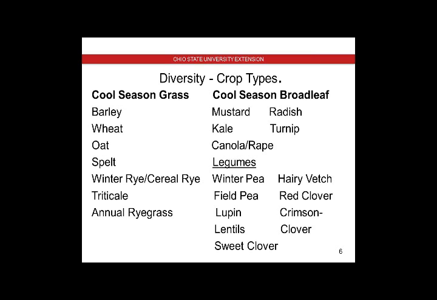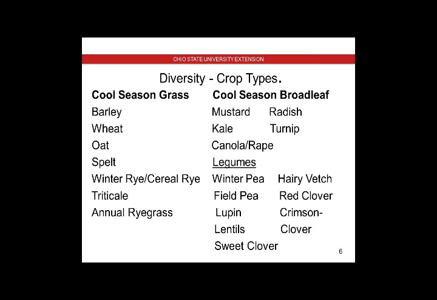And then annual ryegrass. Annual ryegrass is very interesting. It's actually a weed in the South. And I'll just have to mention this, some of these cover crops you may say, why are they on there? Because they're a weed in our area. But for different areas of the country, some of these are actually quite beneficial. So annual ryegrass we grow quite often in the Midwest, has a tremendous root system on it, but it can be a little bit difficult to kill, and it takes top management. So we'll talk about that in more detail a little bit.